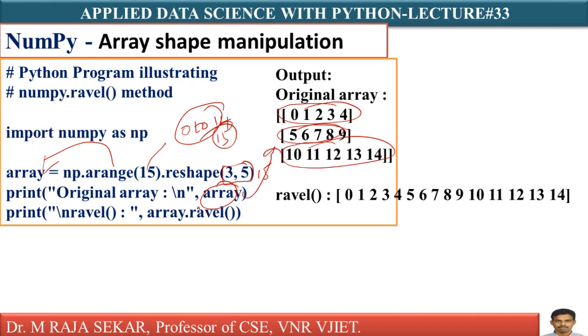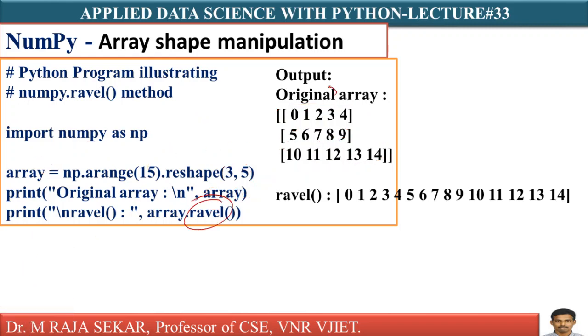Again, now what am I doing? My array is this one. Again I can apply the ravel method. What is my array? This is my array. array.ravel means it will flatten this array. Sorry, it is not a 3-dimensional array. It is a 2-dimensional array of size 3 by 5. Earlier we flattened 2 by 3 matrices. Now we are flattening a 3 by 5 matrix. This matrix is flattened with the help of the ravel method, and if you print, you will get this particular output.